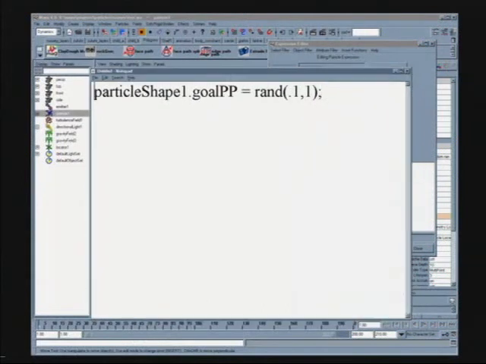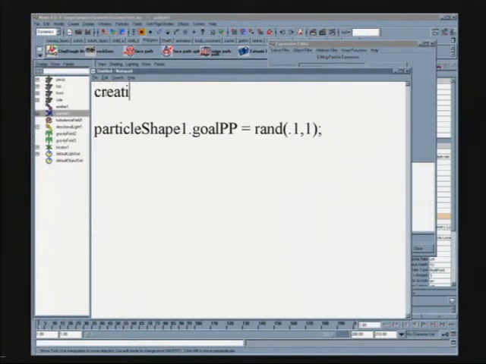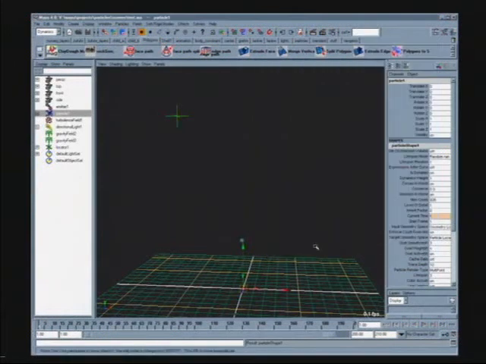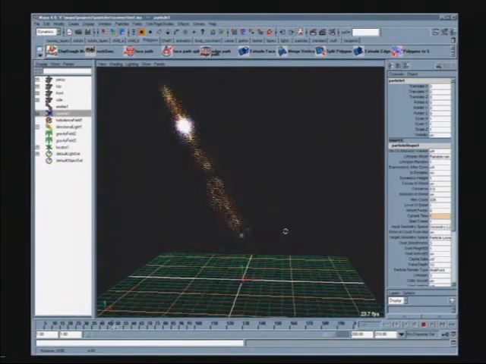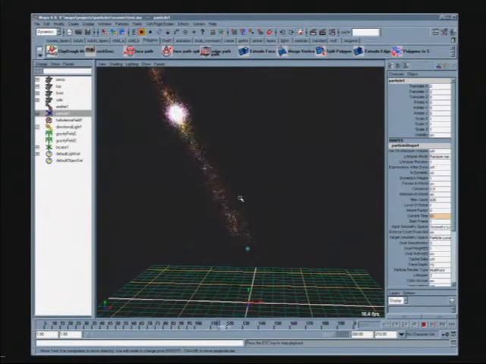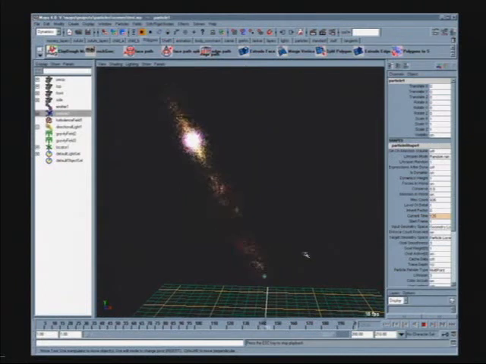So I'm going to be writing a creation expression. What this basically means is that when each particle is born, their goal weight or their goal PP attribute will get a random number between 0.1 and 1. This literally means that some particles will be very attracted to the locator and some won't be at all. And so if we go and enter that creation expression and I hit play, what we will now see in here